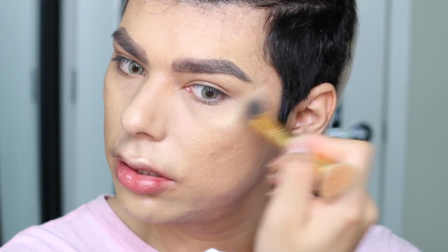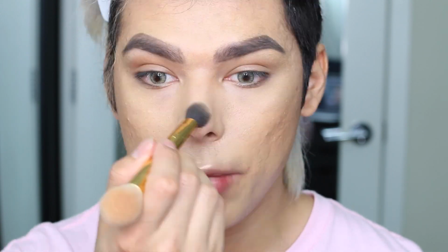And then from here, I literally just take some of the gold highlight from Trophy Wife and I place it right in the center. By mixing those two highlights, I create a better dimension. That's my way of using Trophy Wife. I just really love this, and sometimes I even pop that on my lid for a quick eyeshadow, pop some on my nose, and again, I really like to